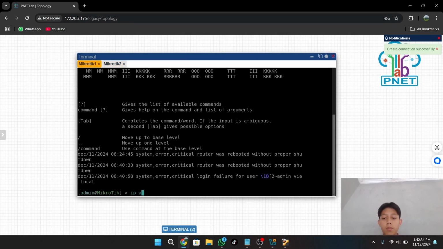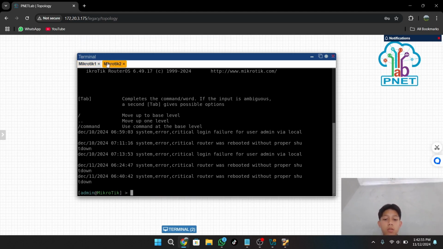For example, ip address add address, for MikroTik 1 the IP is 12.12.12.1 and the interface is ether1. And the same for MikroTik 2: add the IP with ip address add address 12.12.12.2, the prefix is /24, and the interface is ether1 as well.